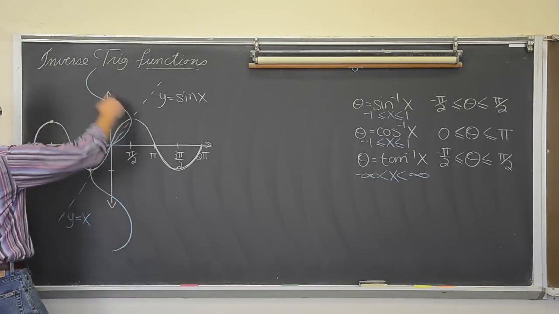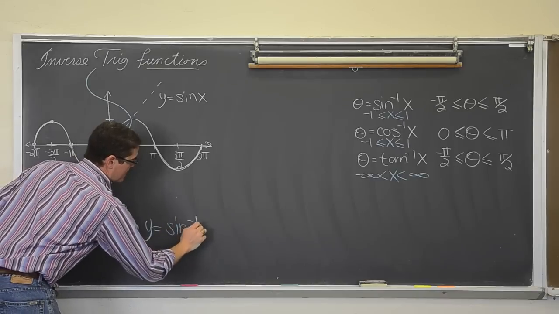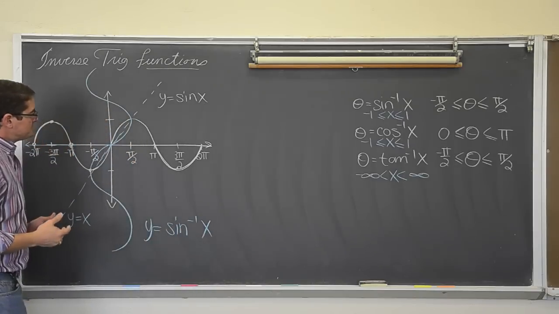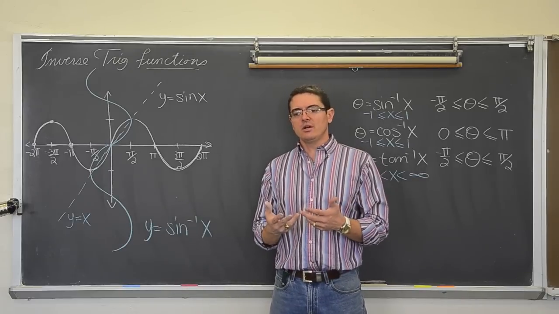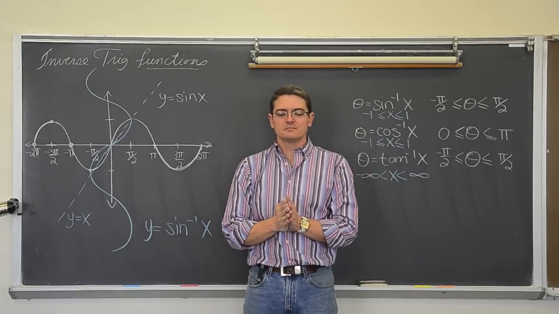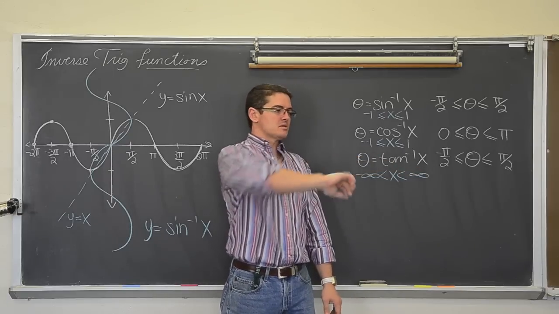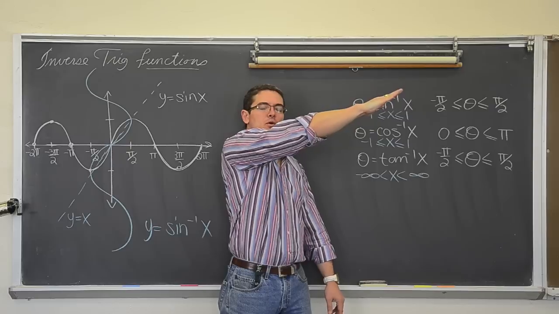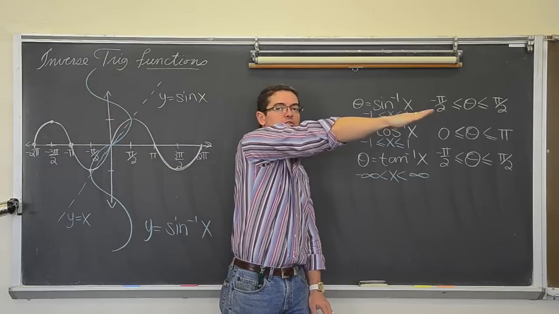So this blue line is y equals the inverse sine of x. Well, let's talk about the sine of, think of the unit circle. Where is sine equal to 1/2? I'm going to do this in degrees. It's equal to 1/2 at 30 degrees, and it's equal to 1/2 at 150 degrees, or pi over 6 and 5 pi over 6.